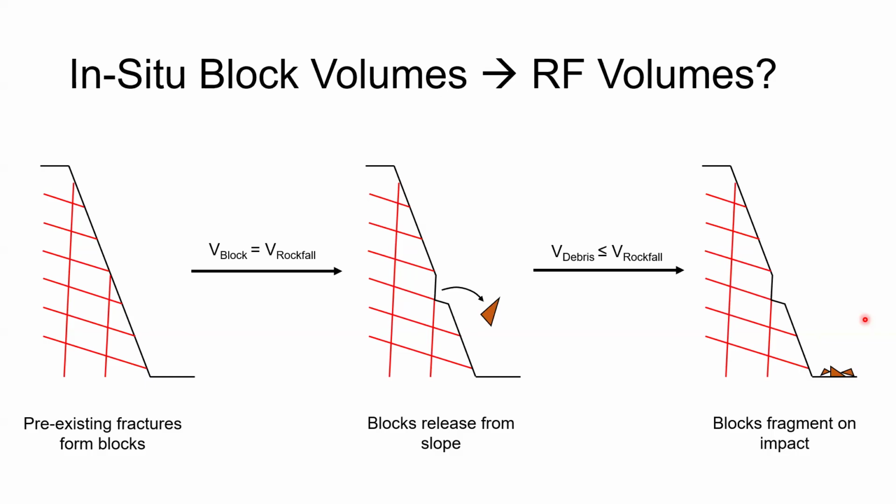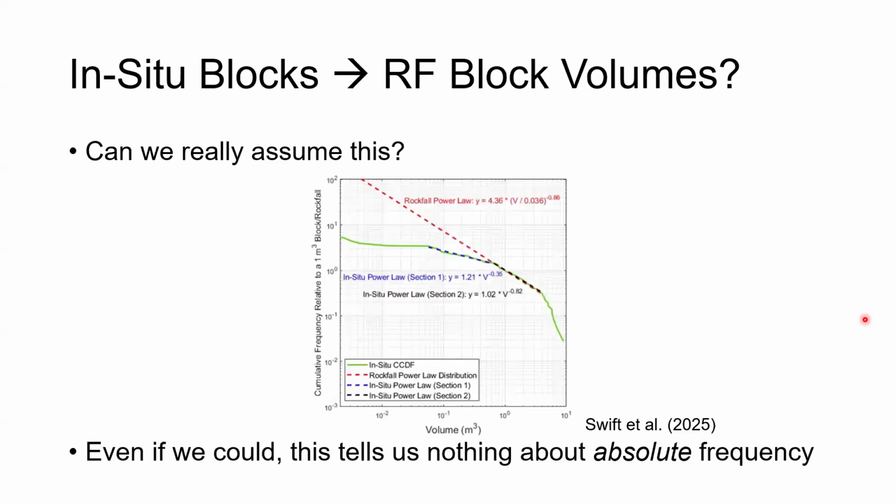But there's actually a surprising dearth in the literature of evidence to directly compare the actual released block volumes to the in situ fracture bound block volumes. And so that's something that we've been working on recently, is to try to directly compare these two things. And so I'm going to show you a plot here. We're going to talk about this plot in greater detail later in the presentation, so I don't want you to worry about the details. But basically what this plot is showing is, in the red line, the distribution of rockfall volumes. And then the green line with these blue and black linear sections overlaid, that is the in situ